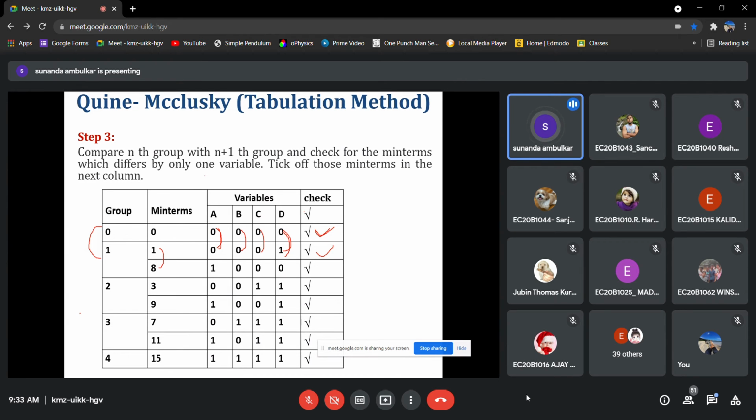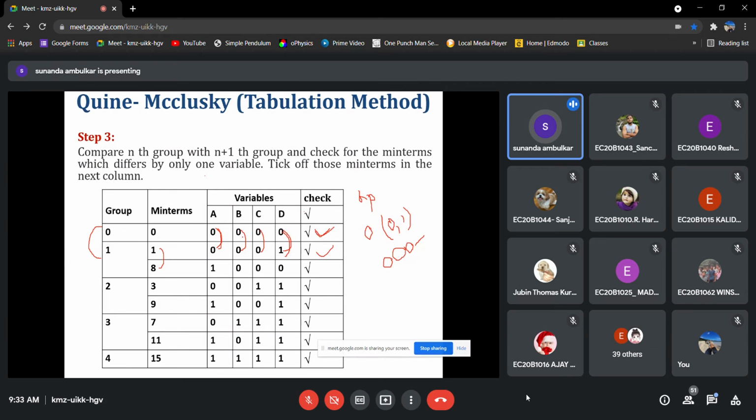We will form the next table, which again contains group 0, having min terms 0 and 1 in bracket, and variables will be the same ABCD with 0, 0, 0 and dash. The rule is that not more than one variable changes here.